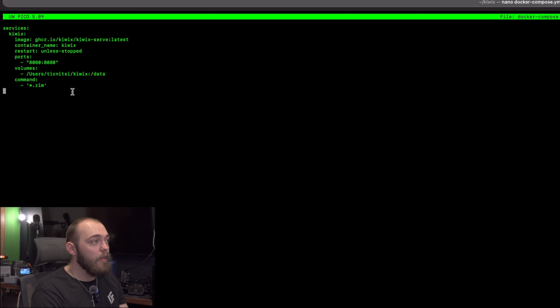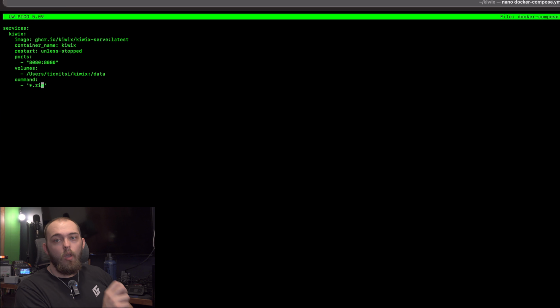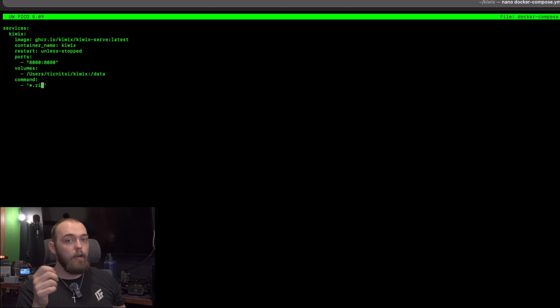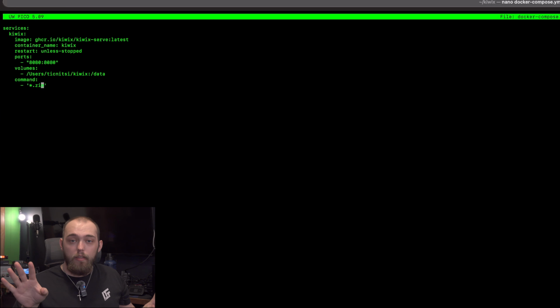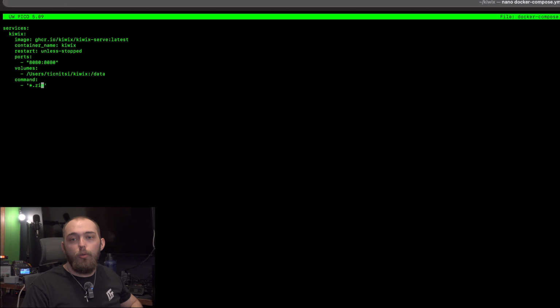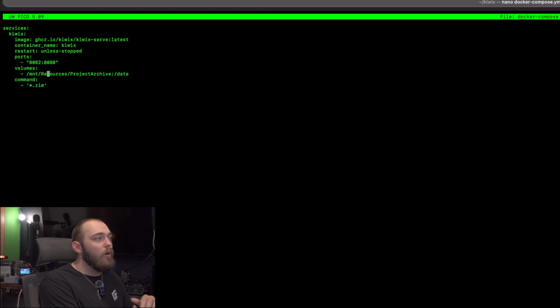And you notice that this says star.zim. What that is going to do is tell the software to look for zim files, and the star is a wildcard modifier. What a wildcard modifier means in most applications like this is that the star is anything. So anything.zim should be included in the server. So that's what this script is doing. So we're just going to change it a little bit here.